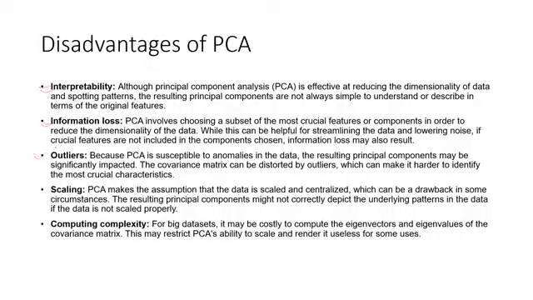Outliers. Now this could be, if there are certain outliers in the data, then your principal components could get impacted. If there are some outliers in the values, then the principal component could again get impacted, because your correlation gets impacted. If your correlation gets impacted because of outliers, the overall calculation will get impacted, and finally, your principal components would not give you better results. So this is susceptible to outliers.